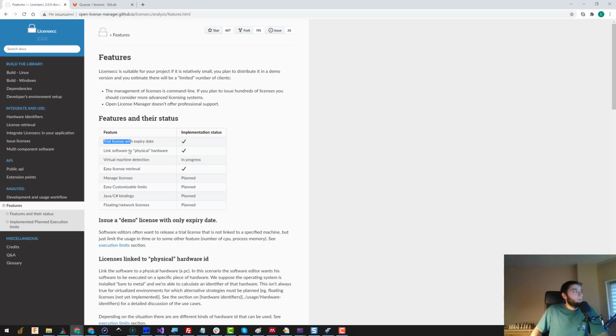And once you sell it, you can generate a license locked to a specific physical address of a specific machine. What we do not have here are any floating licenses. We do not have any fancy web application to manage licenses and to count how many licenses are already occupied. So all those things are not yet available, and basically this LicenseCC project is quite simplistic,